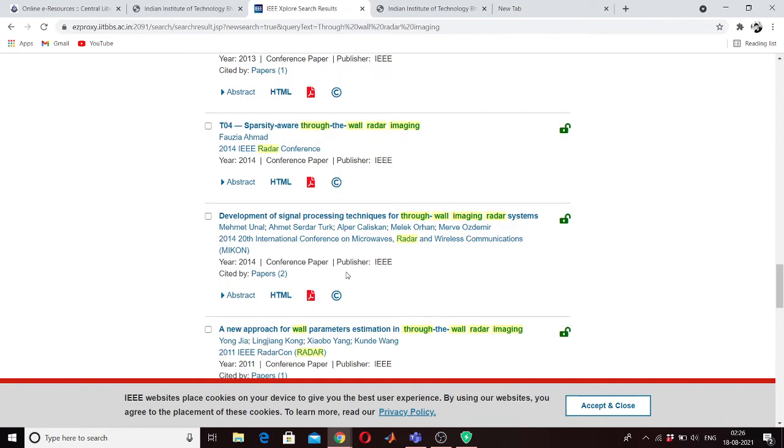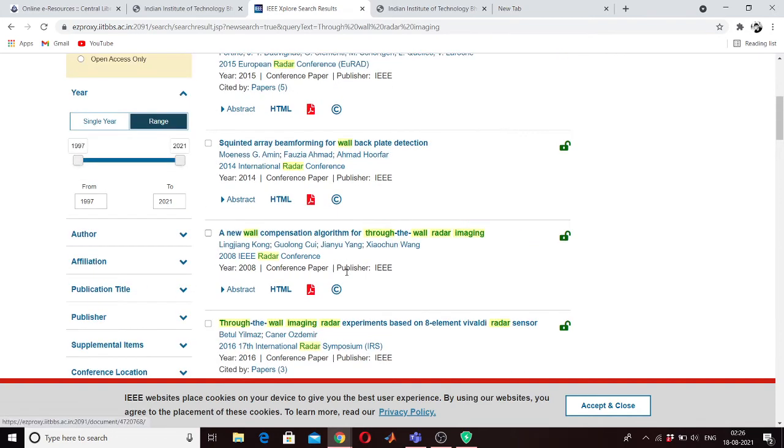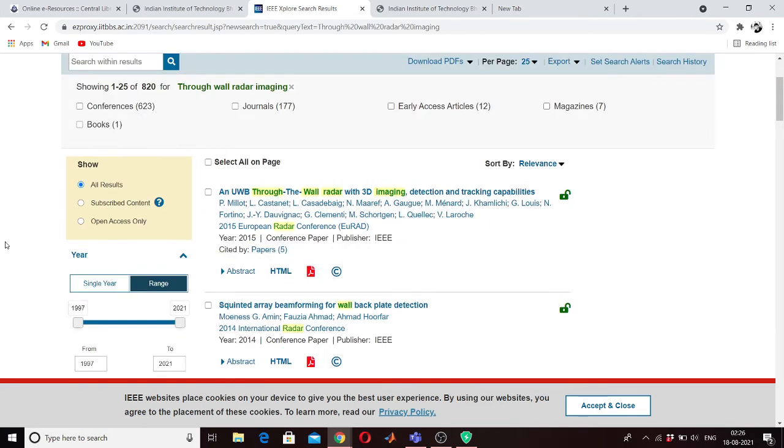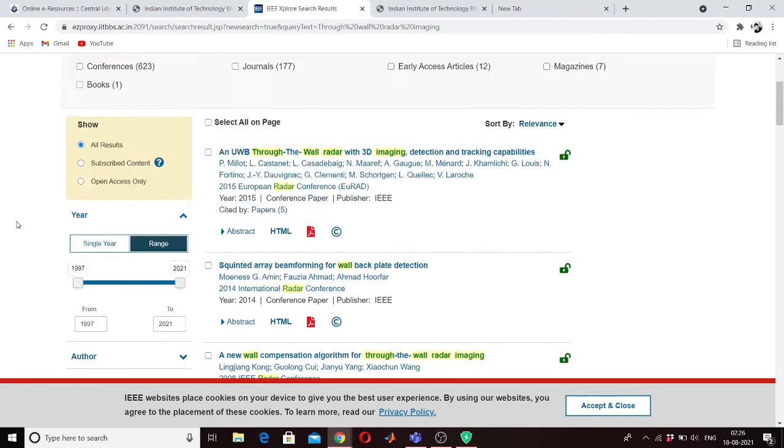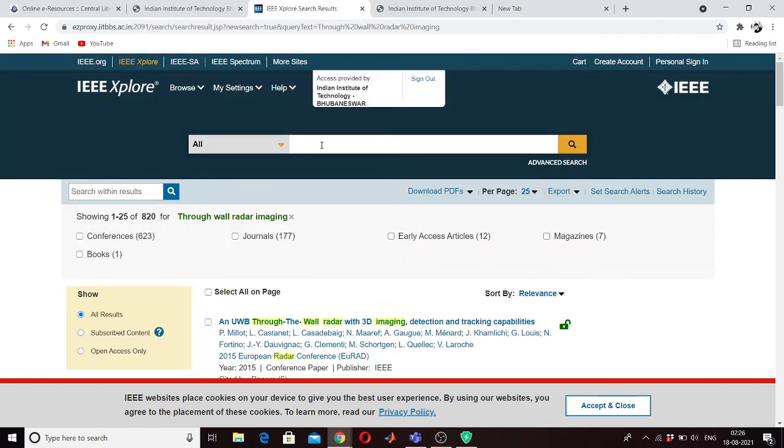And one more thing to notice, we do not have access to all the journals or magazines or books, we have only things related to subscribed content. For example, there is some unsubscribed content which we will not get access to.